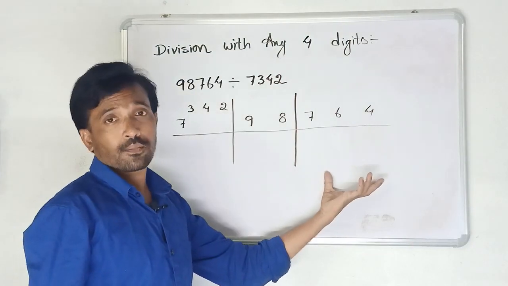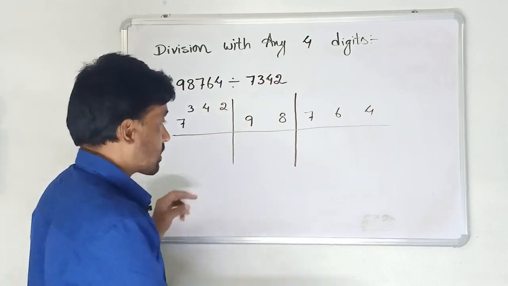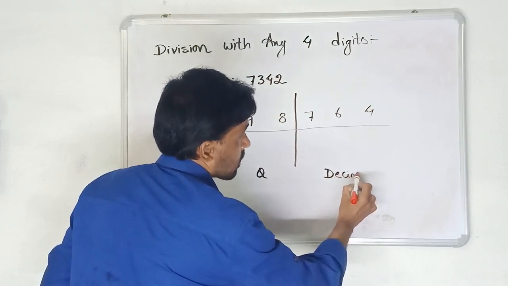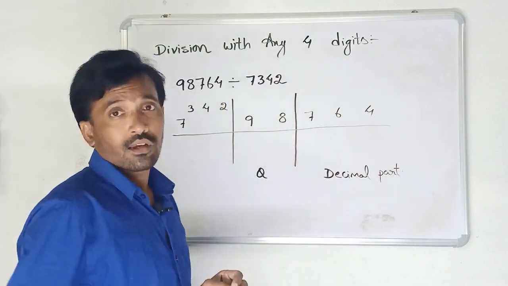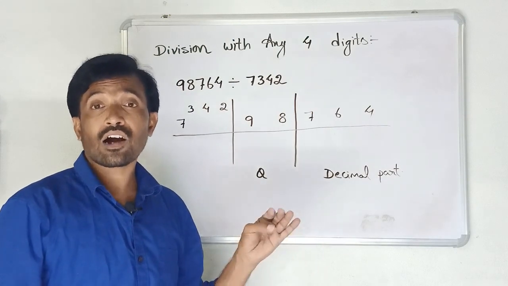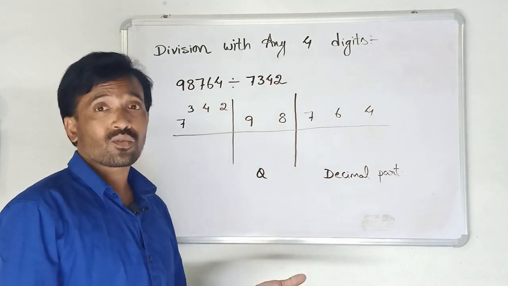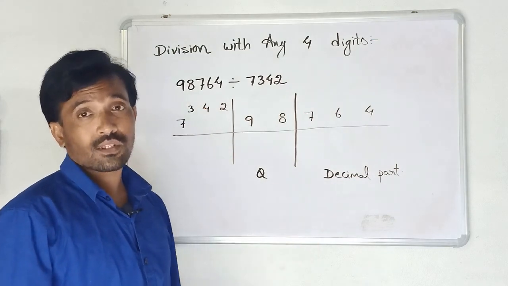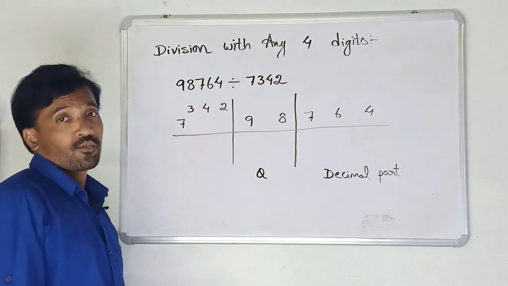Now the right-hand side part is known as the decimal part. The left-hand side part is known as the quotient. This is actually very helpful in your calculations. Sometimes the examiner may ask to find an approximate value, or the value after 4 decimals or after 3 decimals. In such cases, these examples are helpful to us.